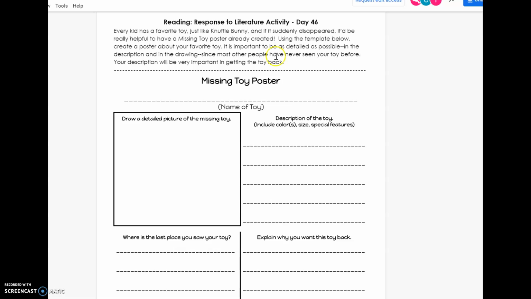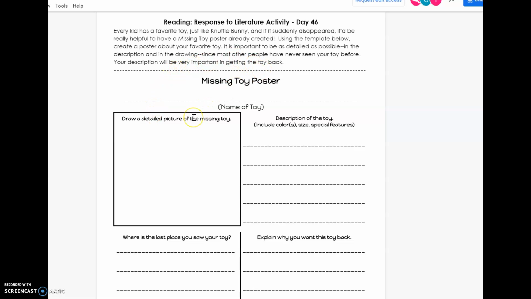Okay, so this is the first reader's response activity you have here. Every kid has a favorite toy, just like Knuffle Bunny, and if it suddenly disappeared, it would be really helpful to have a missing toy poster already created. Using the template below, create a poster about your favorite toy. It is important to be as detailed as possible in the description and the drawing. Since most other people have never seen your toy before, your description will be very important in getting the toy